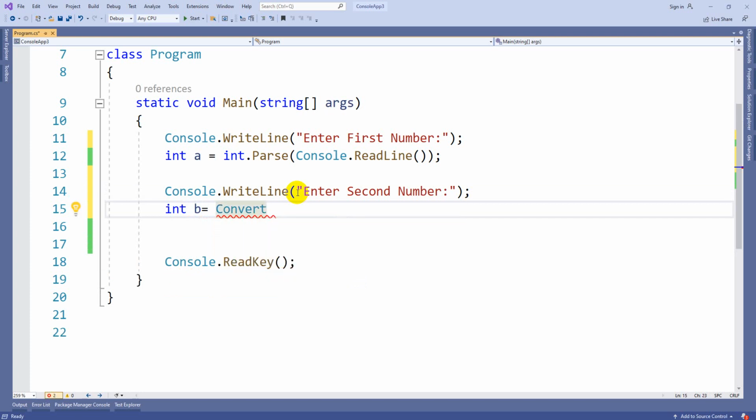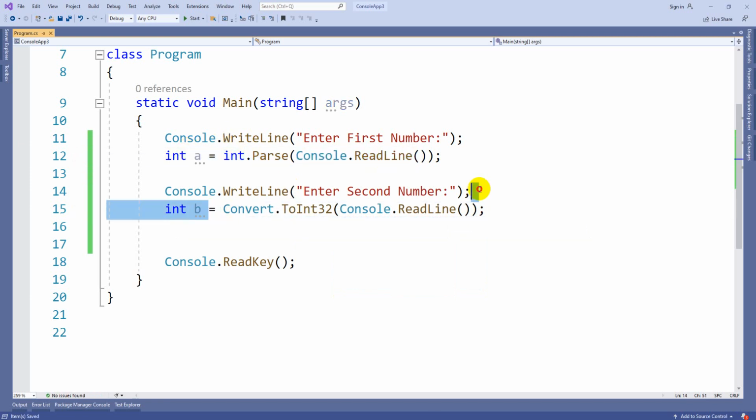In this Convert class we have several methods: ToInt16, ToInt32, ToInt64. If we want to convert into short format, I can use ToInt16. If I want to convert into integer format, I need to use the method ToInt32. If I want to convert into long, I need to use ToInt64. So I can use ToInt32, and as usual I will pass Console.ReadLine. So this is one method and this is the other method.